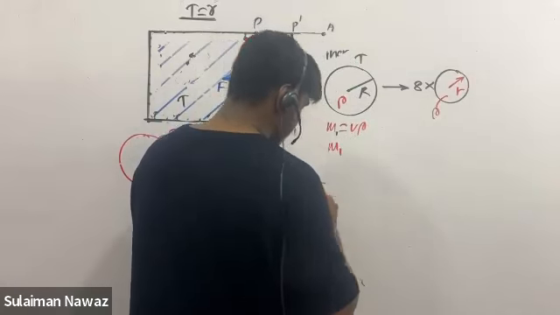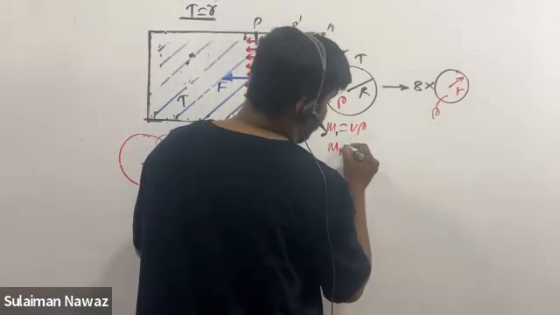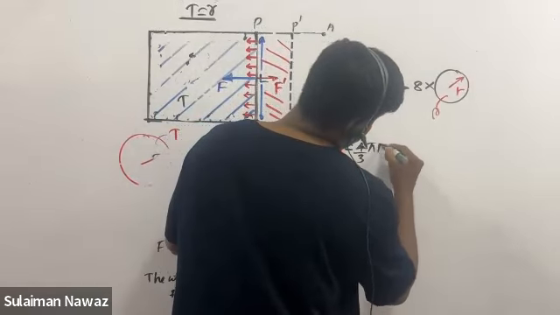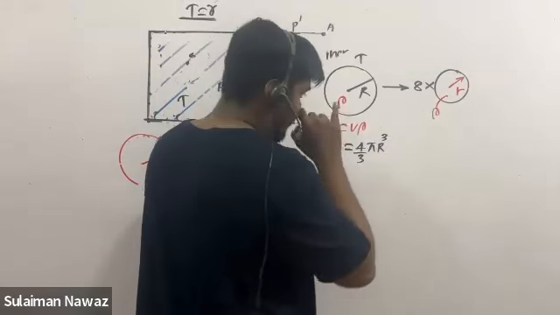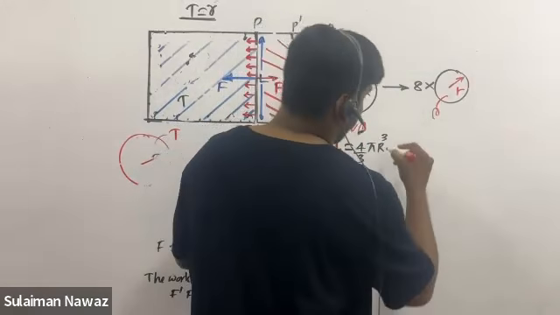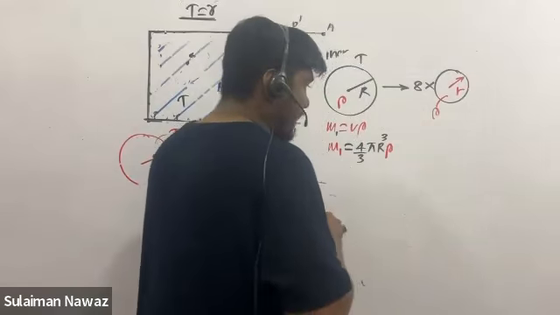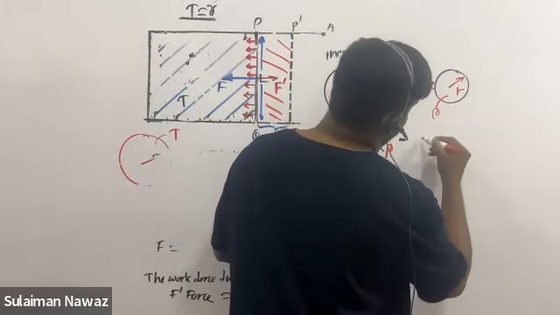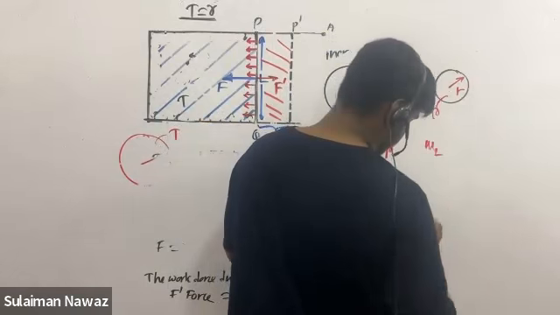M1, since it is a sphere, is 4/3 pi capital R cube times density rho. Then the mass of this small sphere, if I say M2, M2 will be